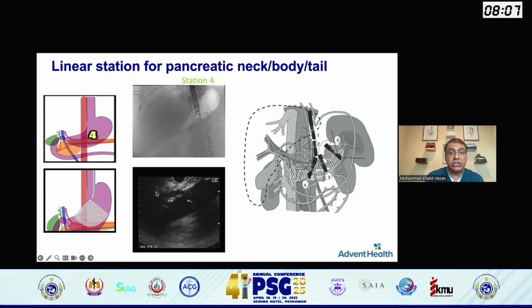So again, coming back, this is my number 1 station, which is going to be the celiac artery. Follow that, pancreatic body, tail. Then I go towards the neck, and you can also see the splenic vein and SMV making a portal vein, going towards the liver downwards. In the duodenal bulb, the liver is going to be up here. In the stomach, when you're looking at it, it's going to be down right here. So body, tail, neck, liver, portal vein, bile duct. That's the orientation from the stomach. This is going to completely flip when we're in the duodenal bulb.